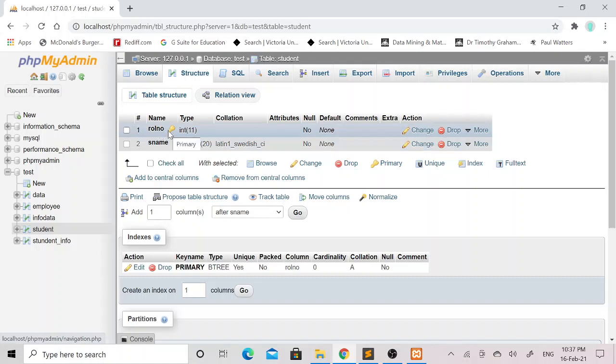You can see that the primary key is assigned to this roll number, and its data type is integer. The second column is SNAME, its data type is varchar, and the character limit is 20. Its size is 20 so that the user can add a name up to 20 characters.